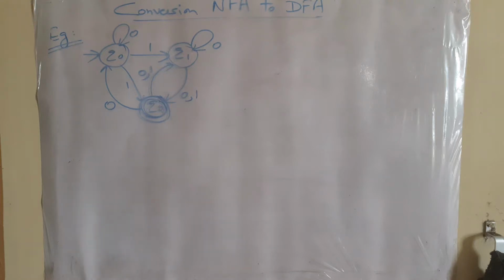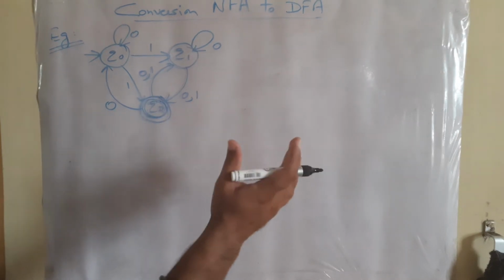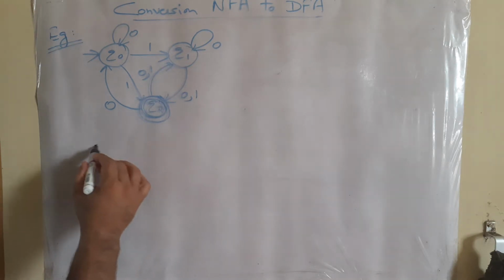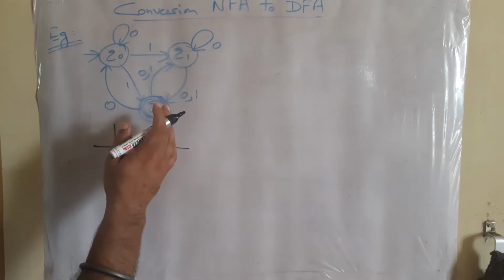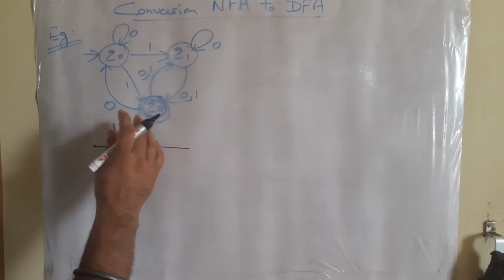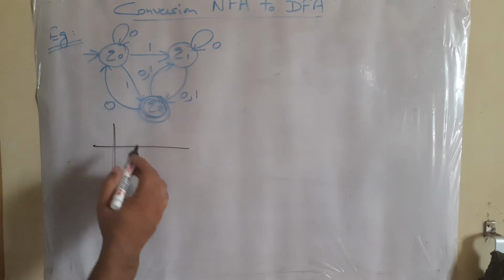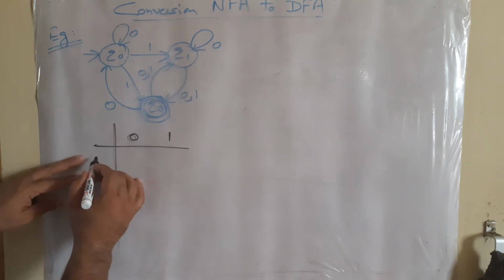Okay, so this question is very important because it has been asked in the university exam, whereby we have to convert this NFA into the corresponding DFA. As per the first step, we have to draw the transition table for this one. Instead of A and B like in the previous examples, now we have input symbols 0 and 1 and three states, with two input symbols. So let's start the conversion.